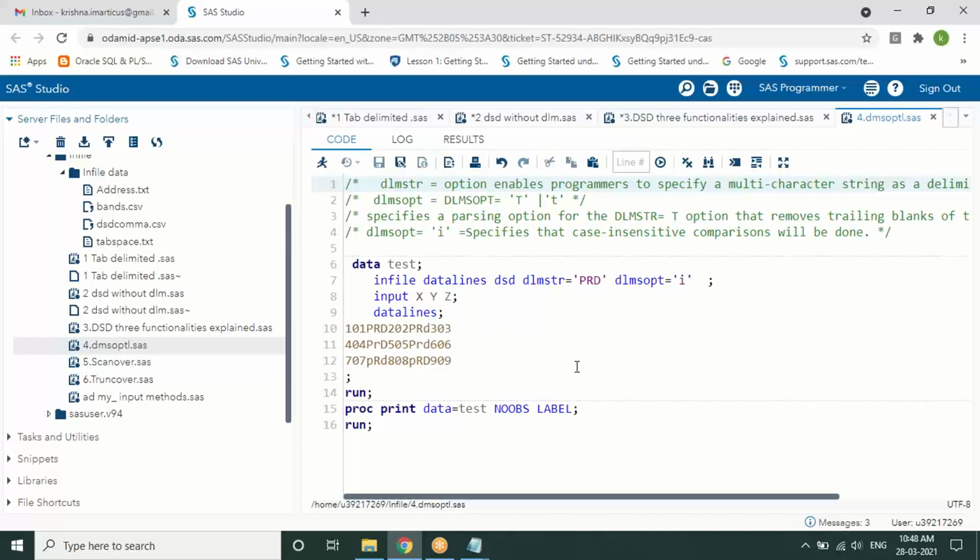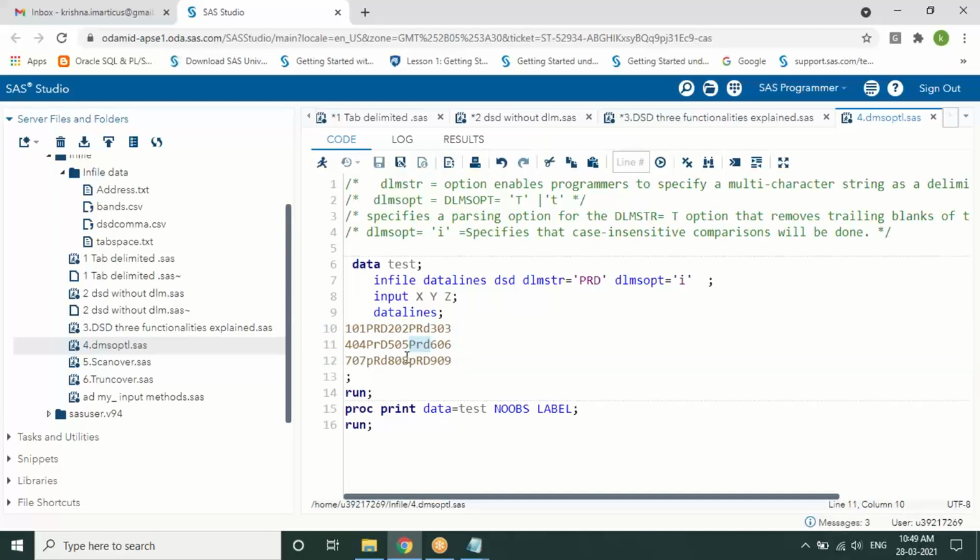PRD, right. As you can see, I specified an option called delimiter string. Normally we write it as DLM, but here it is a delimiter string, which I mentioned as PRD. But as you can observe, the PRDs are not in the same case; I have a combination of uppercase and lowercase.